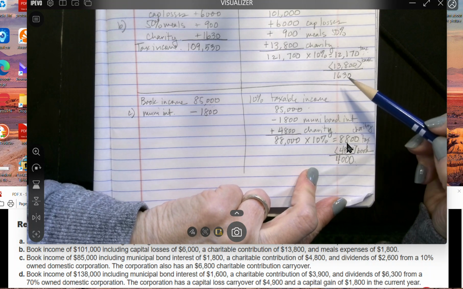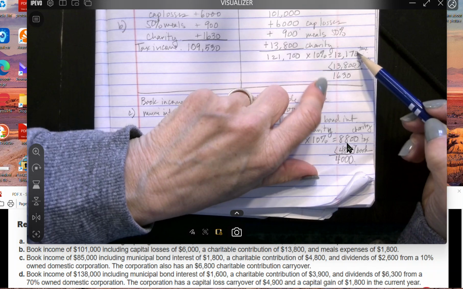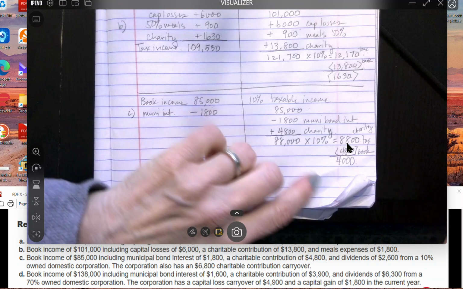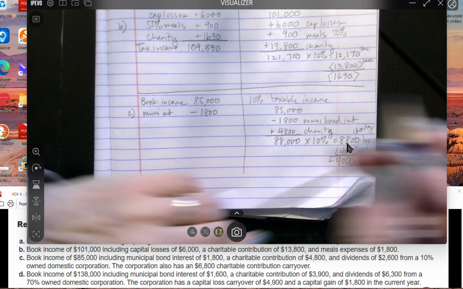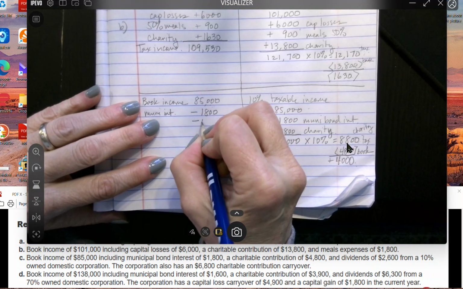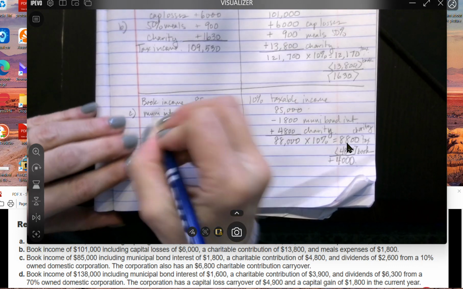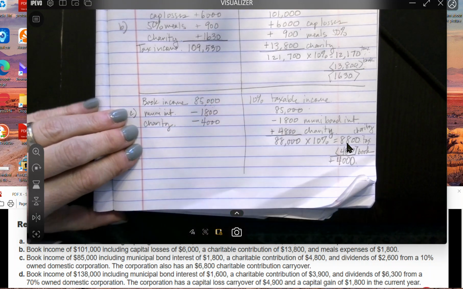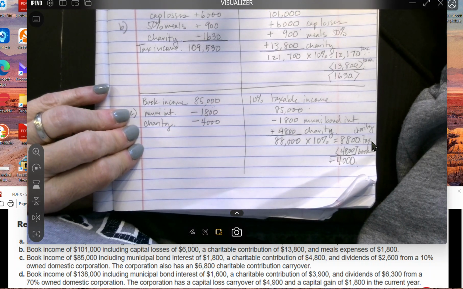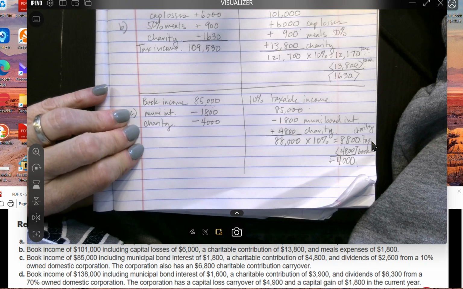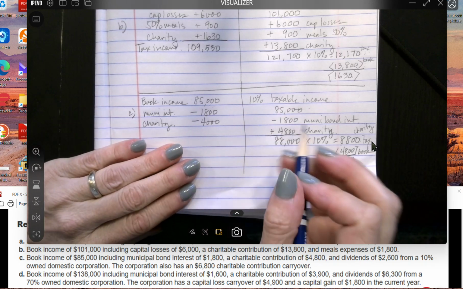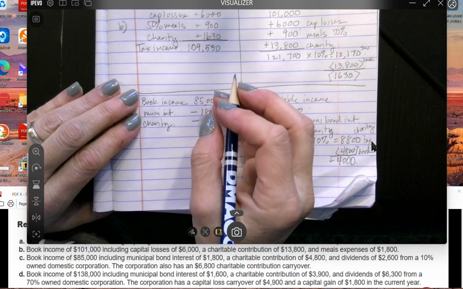And if you remember, this was a positive. This came to a negative, but then it means we add it back. This is a positive, which means we're going to subtract it. There. All right, and I think, yeah. Okay, so we're going to do that, and then we have the